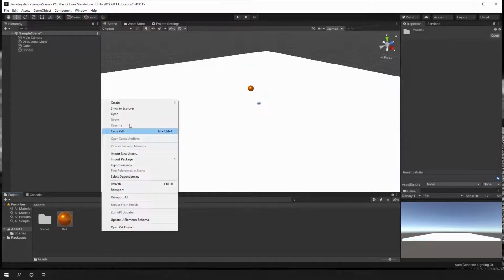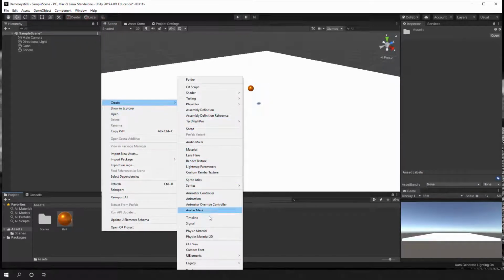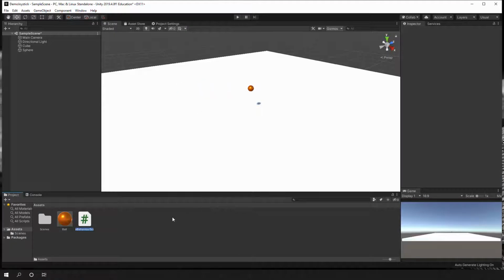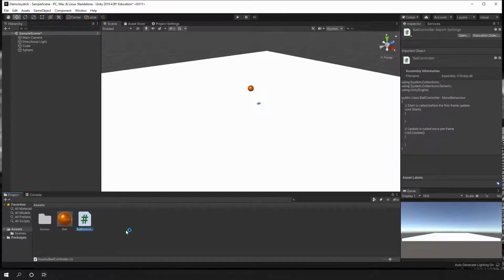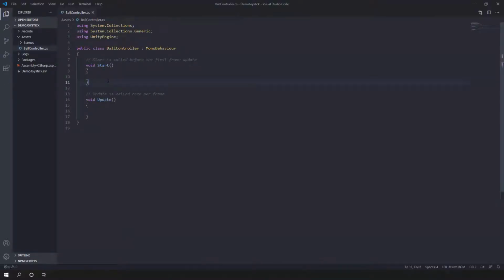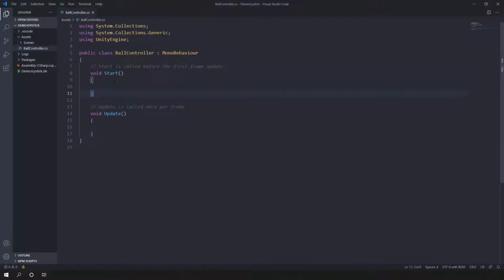So let's introduce some controls for our ball. Okay, so I'm going to add a new script and I'm going to call it the ball controller. I think that's good.